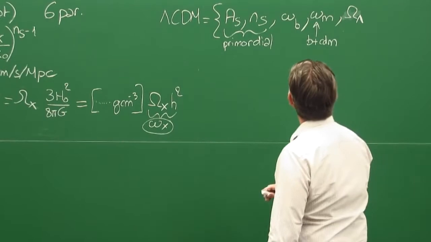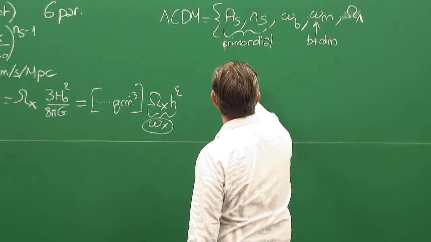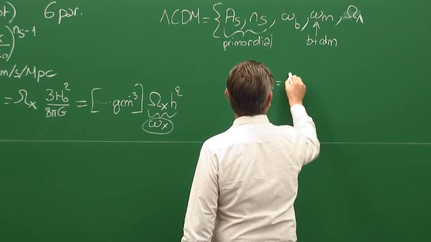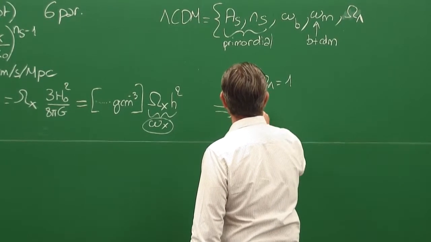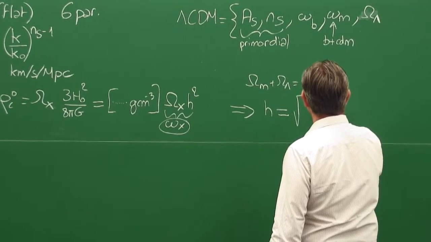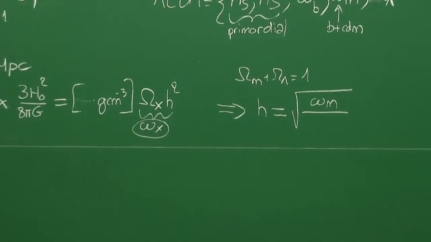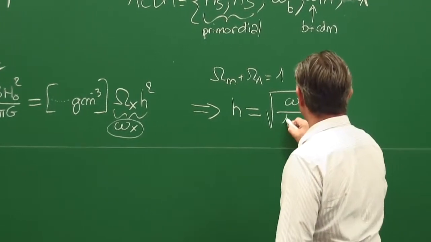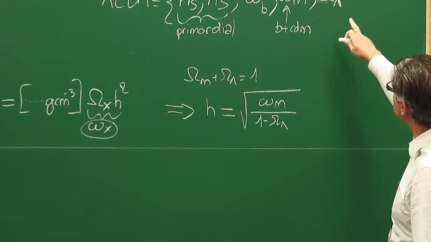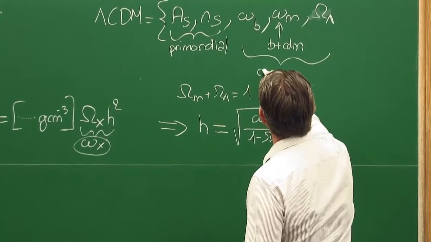And if I do so, I can always assume that this model is flat if I satisfy the constraint equation omega m plus omega lambda equal 1, which imposes that h is a derived parameter, because I can write h as small omega, square root of small omega divided by big omega. But big omega is 1 minus omega lambda. So I don't need to add h as a free parameter. It's already included in this parameter basis. So these are the parameters dealing with the composition